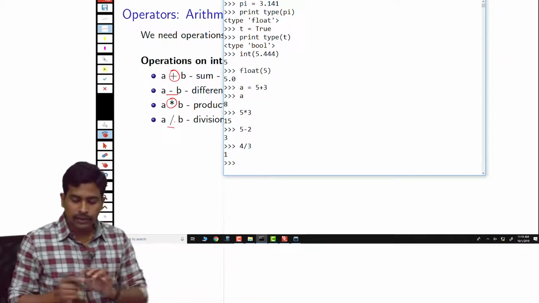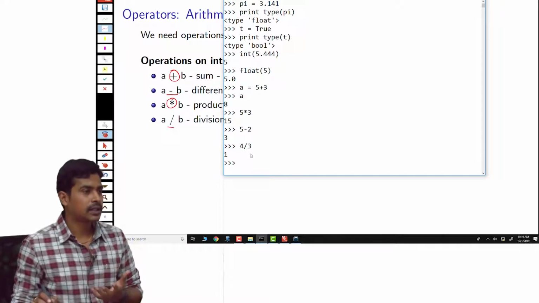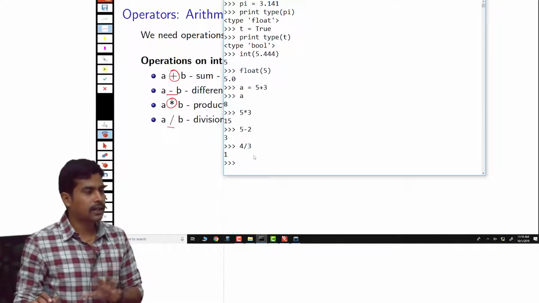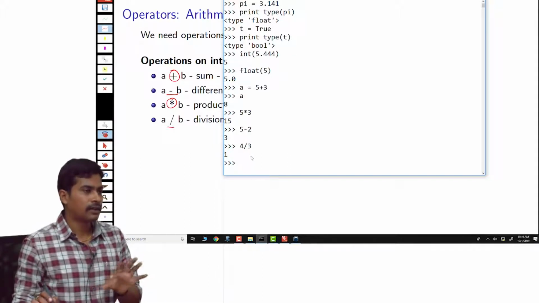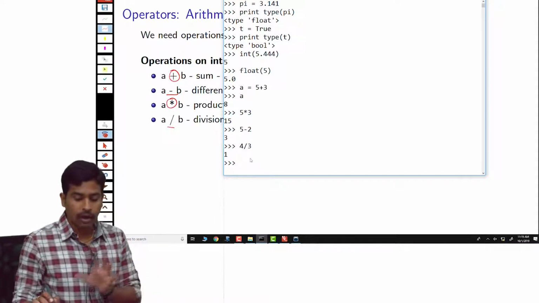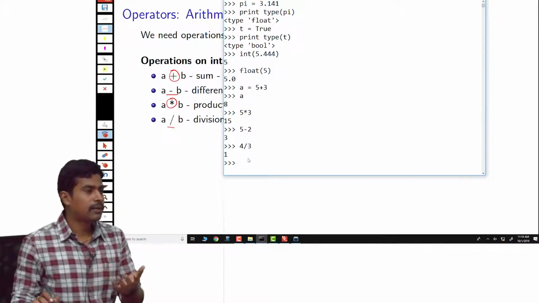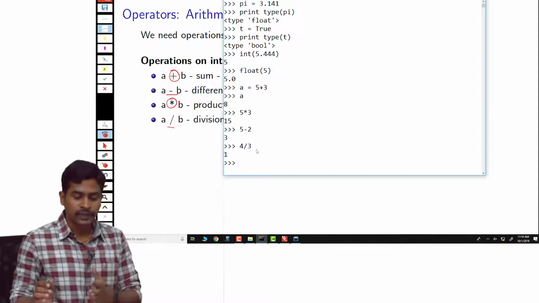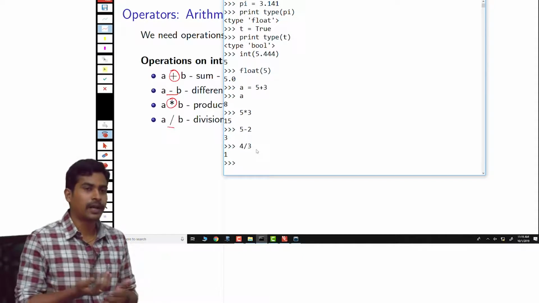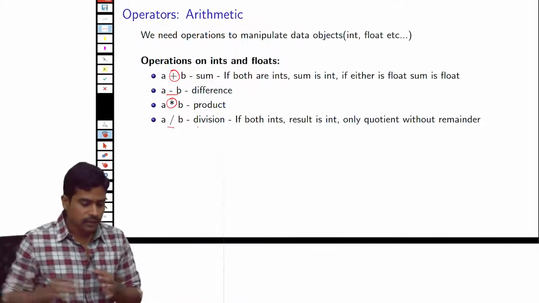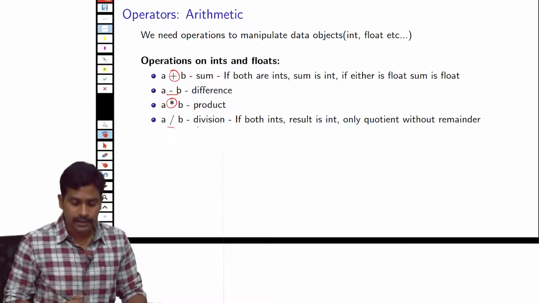But here both of these variables are of integer type, so the result of this computation will also be an integer. This is another thing you should always keep in mind when dealing with integers. If you are dividing two integers, you should at least convert one of them into float so that the result will be a float. Otherwise some mistake will happen in your program and you won't realize it, and you will get an error in your output. So these are the basic arithmetic operations.